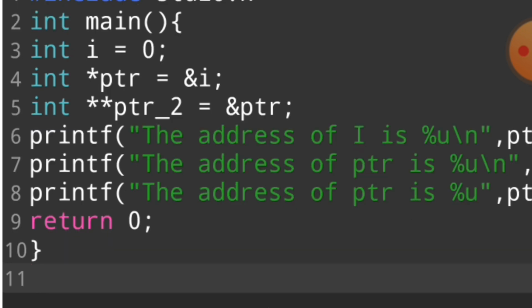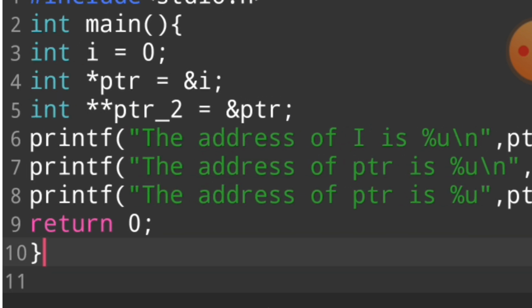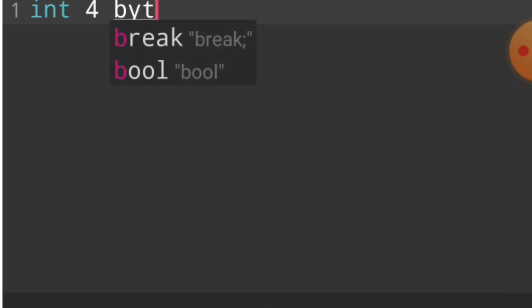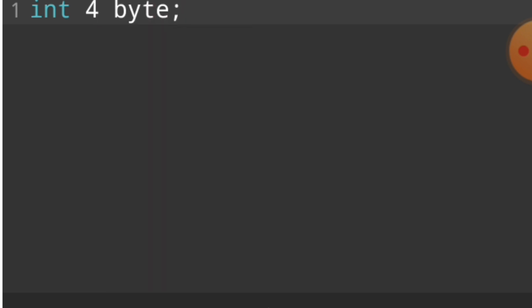In this video we will discuss about, I select this program and run this program, and in this video we will say, first thing, an integer takes 4 bytes. In our memory, an integer takes 4 bytes of data. If we want to store any integer value it takes 4 bytes of data, but not on all computers, because the architecture of different computers is different.